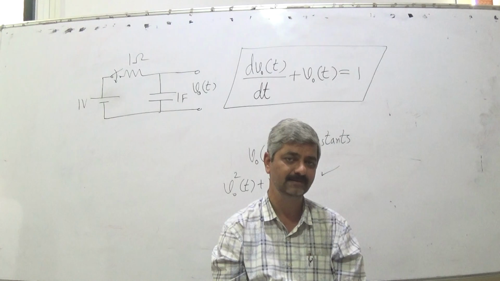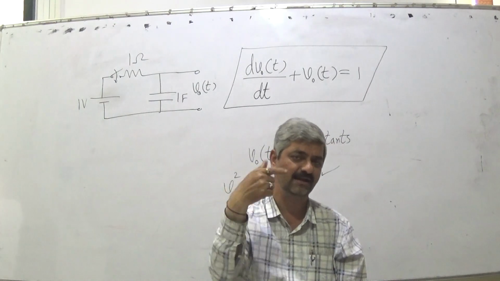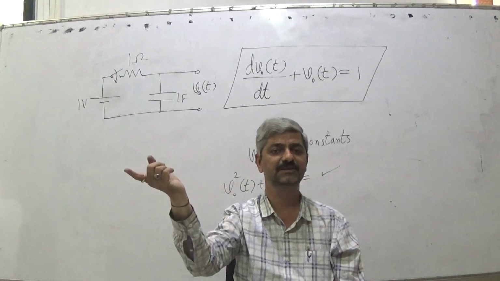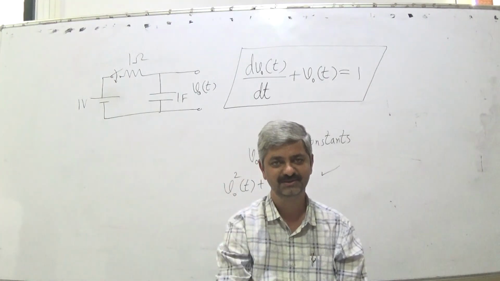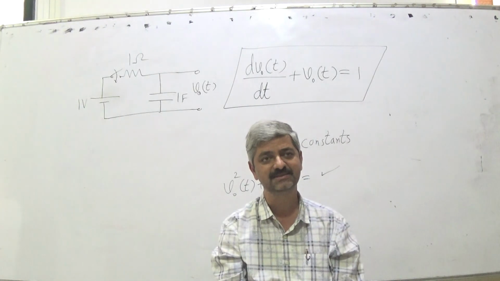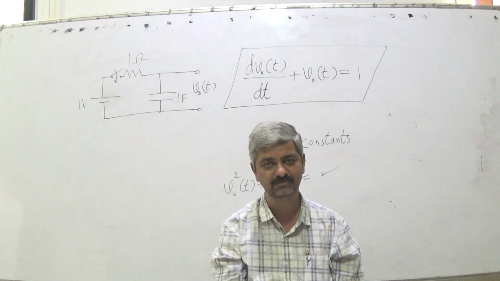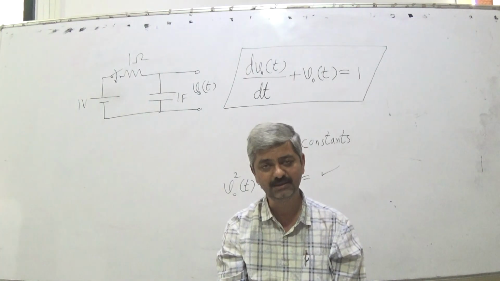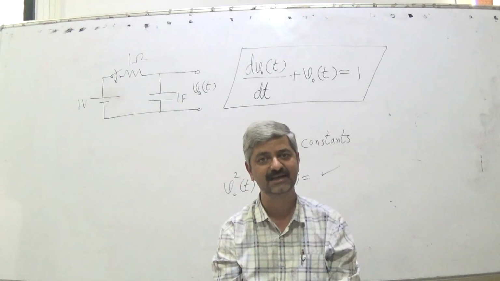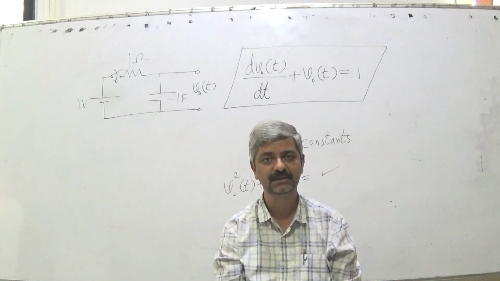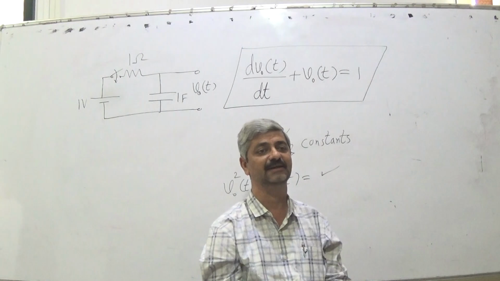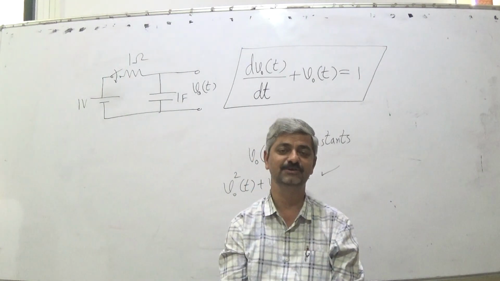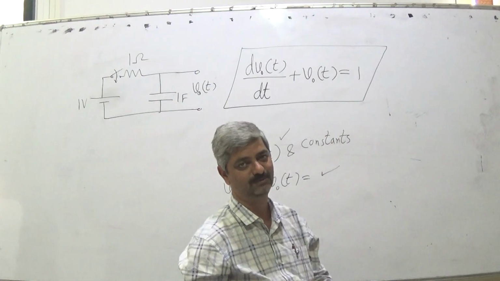Rather, if I say that roll number X should study for Y hours, roll number A should study for B hours, that is fixed. Suppose I say that exams are coming near, so you study 1 hour more than what you studied yesterday. Your study time today should be 1 hour more than yesterday. So it does not have a unique solution. A student who studied 3 hours yesterday will have to study 4 hours.